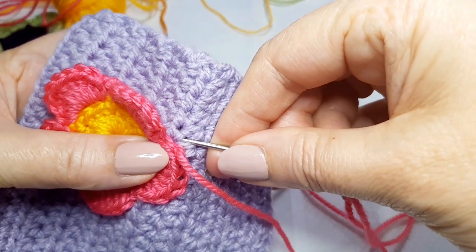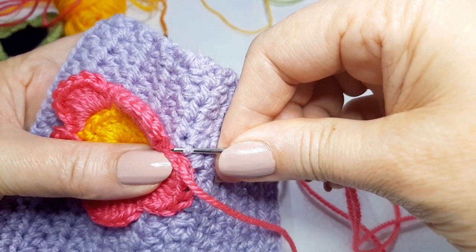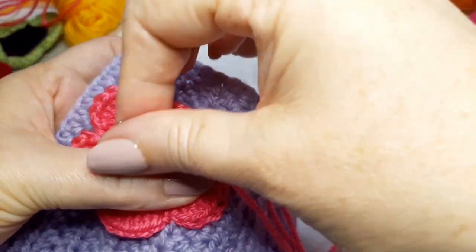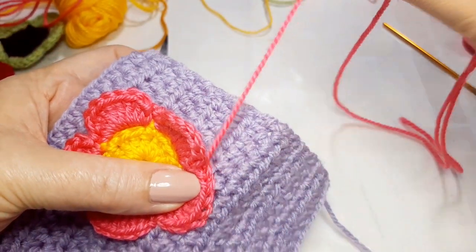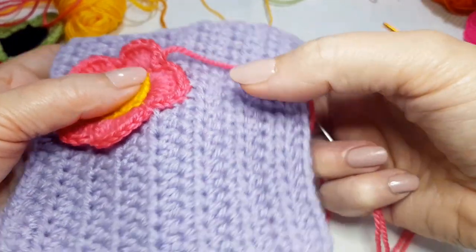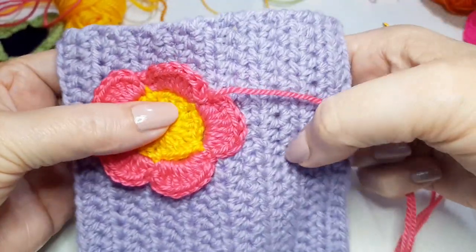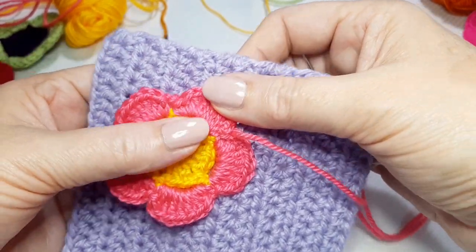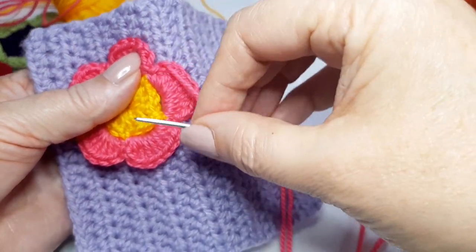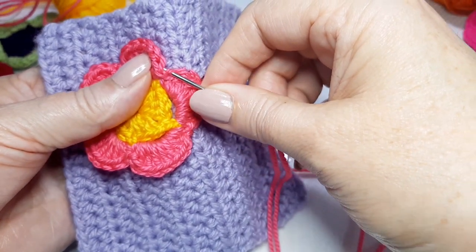And there, I'm just grabbing 1 loop of the blanket that is closest to me and the back loop of the flower, like that. And in that way, there you go, you see. Now the flower will look like it's lifting up. You'll see afterwards, it looks like it's lifting up. But it's lying down. It's lying down. So I'm working in the back loop. So now I'm just going to go through the back loop of that and the back loop of that